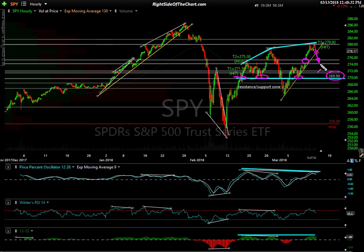So therefore, even if we get a reaction off the top, if this trend line goes, I favor at least a backfill of that gap. And again, I'd say there's a pretty decent chance at this point in the coming weeks that we may go on to hit that 69.90 level, even if we are going to make new highs on the SPY like I talked about. I'm still not ruling those out by any means. In fact, I think there's a good chance we'll do that this year, but